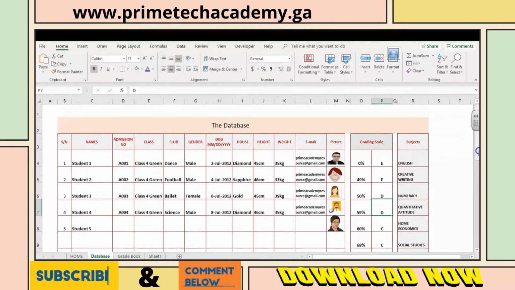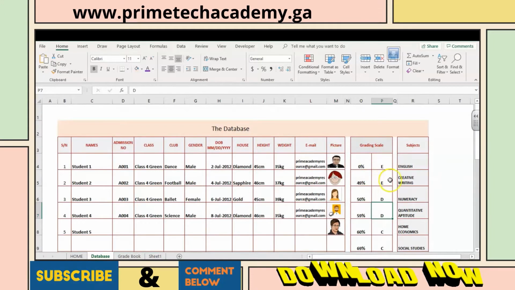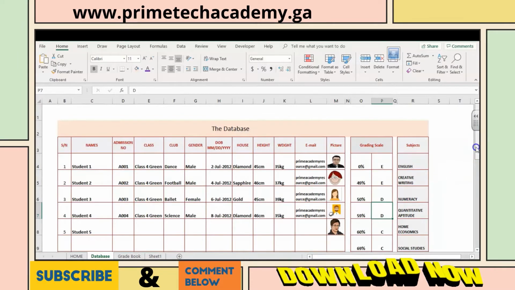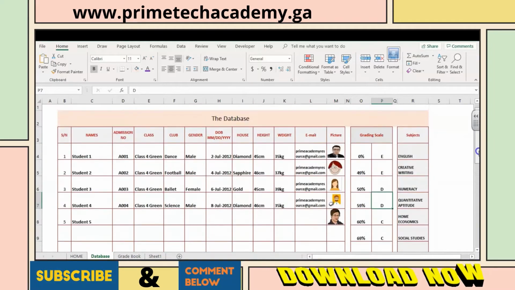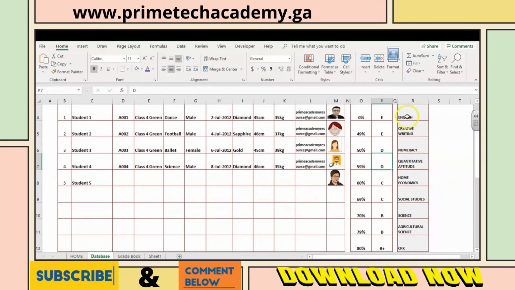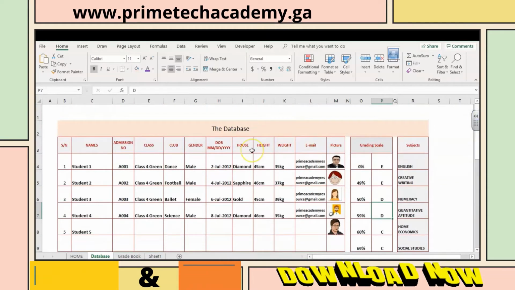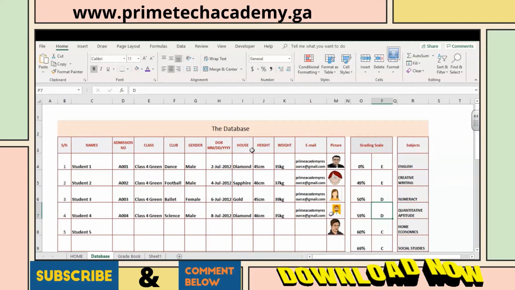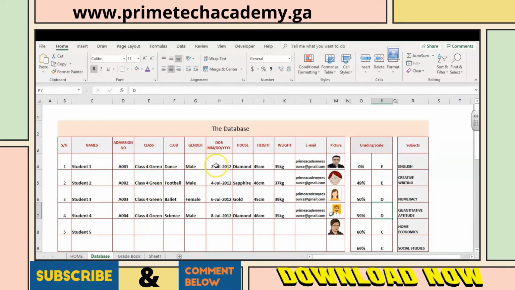So whatever yours is, the format is start from the least of the boundary to the highest and pull the corresponding letters. And on this part, I've just typed in the subjects. For this template, we will be working with 10 subjects. So I put the 10 subjects here, and that's all about this database. We'll see in the next lesson where we'll be dealing with the main work of the day, that is the gradebook. One more thing before we go